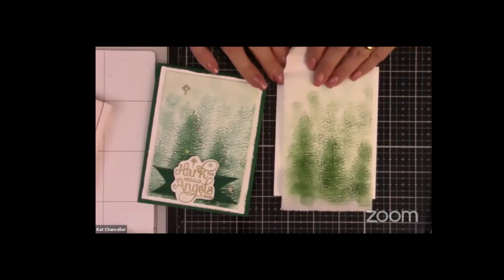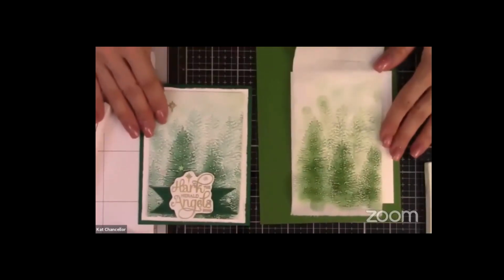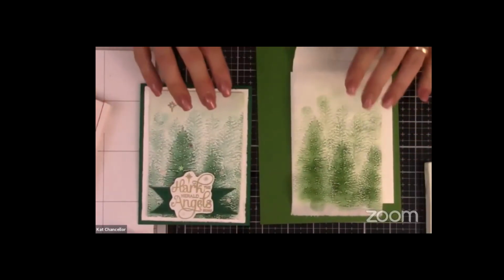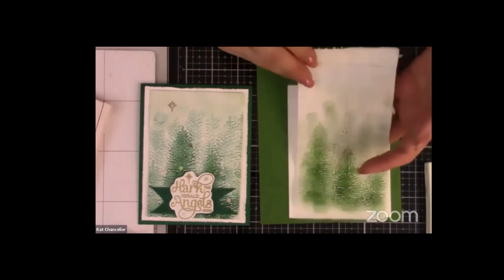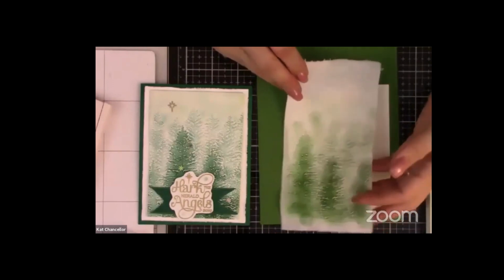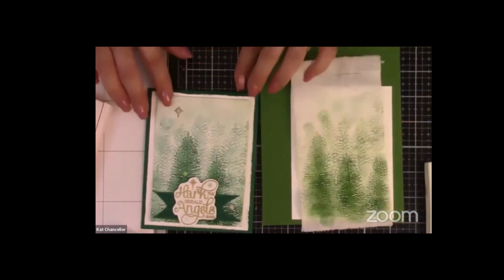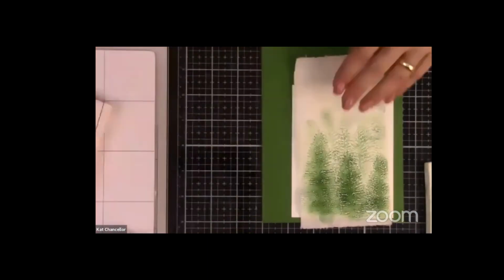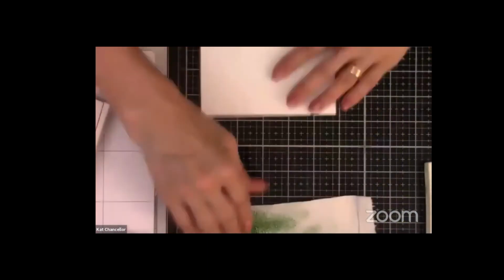So it kind of gives you a contrast between both cards, because I have this paper here. But you can see how very different this looks and how the paper really does have a lot of texture. So how we want to apply this is we're going to take our Whisper White,